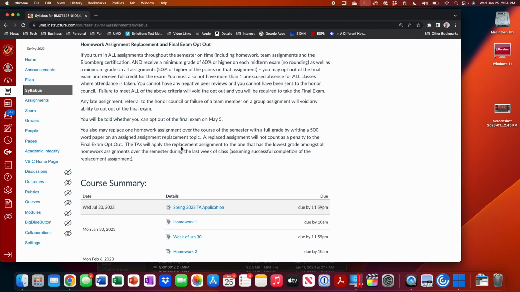Right? The other thing that's available to you is the ability to opt out of the final exam. This is a privilege, not a right. Okay? So here's the deal. If you meet all of the criteria, you don't have to take the final exam, and we'll just give you 10 points at the end of the semester. If you miss any of the criteria, you'll have to take the final exam the last day of class. Okay? Last semester, trying to do the math, 110, 120 out of 160 students opted out of the final exam.